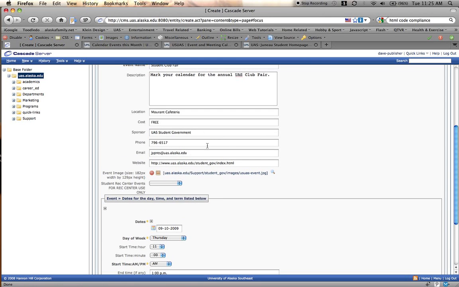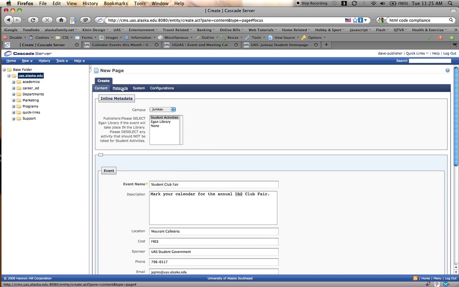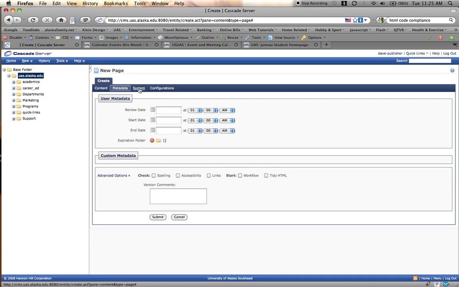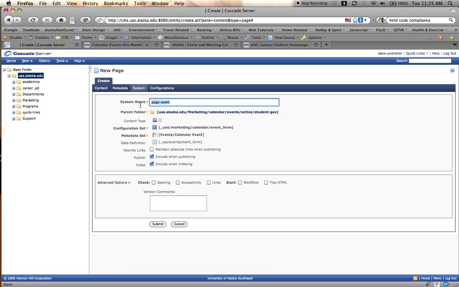So that's how you'd use the plus markers for repeat events. And then over on the next one we want to do, metadata is not so important in this case. But under system, we need to give it a web-friendly URL. And there's some help on the help site, in the navigation. In short, it needs to be preferably one word, or if you need to use multiple words, don't use a space, but use a hyphen or an underscore to separate those, and no special characters, at or dollar sign or anything like that. So in this case, we're just going to call it